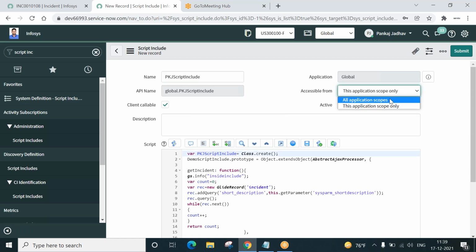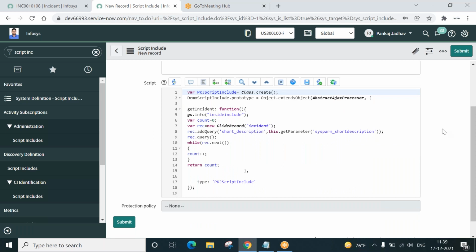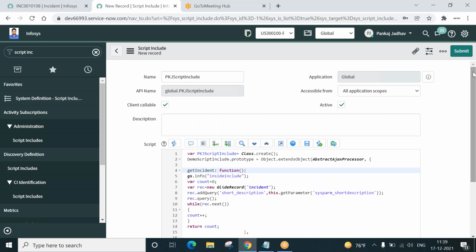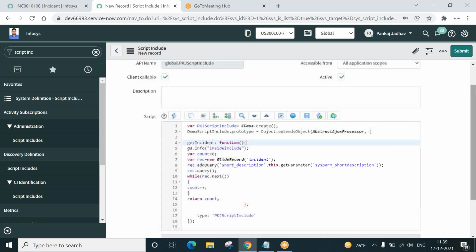Let it be like this, so any scope application can give a call to this. Where does the function end? Over here. Okay, we are good. Let's submit this, that is, let us save this. Then I'll show you what it does.